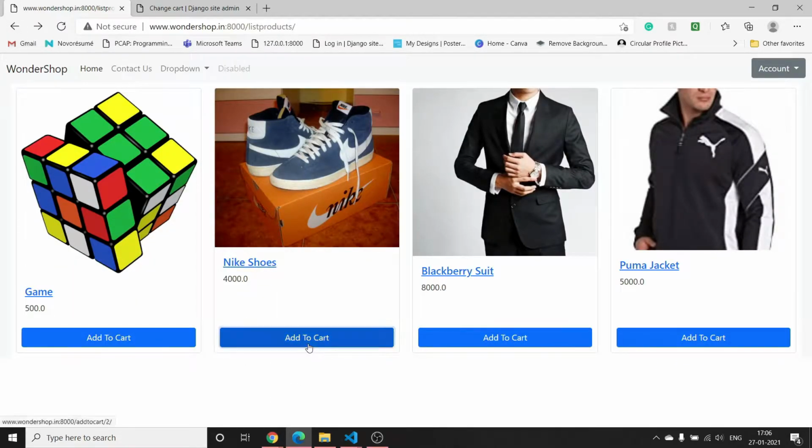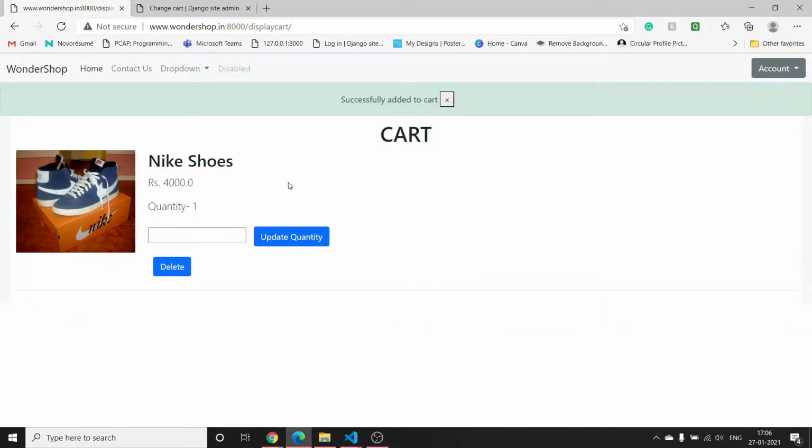Like I click on this add to cart, it will add this product to my cart page, and in this video we are going to be making a login based cart system. So basically this is not going to work when the user is not logged in. It's necessary for a user to be logged in if he wants to use the cart, but if you want to make a non-login based cart system, then you can easily implement that using cookies, local storage or Django sessions, and then just convert it into a login based cart system as soon as the user logs in on your system.